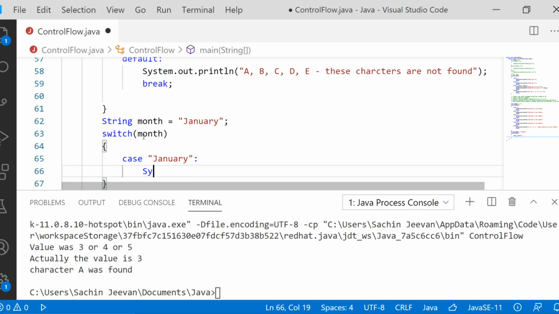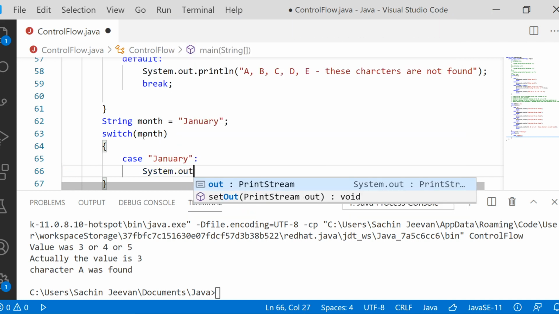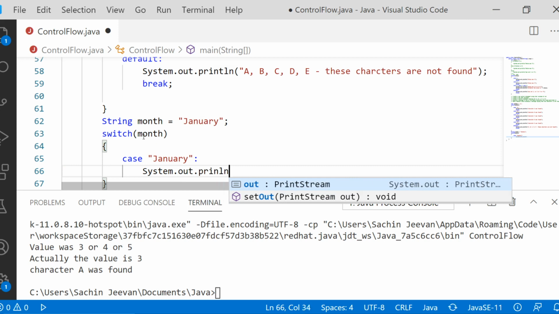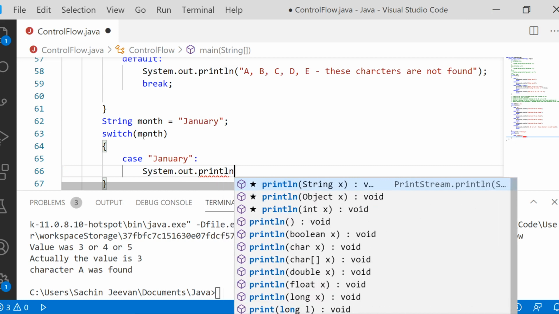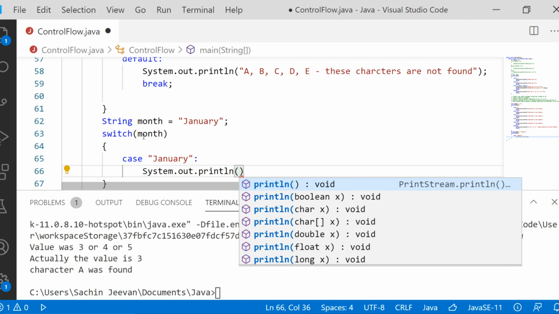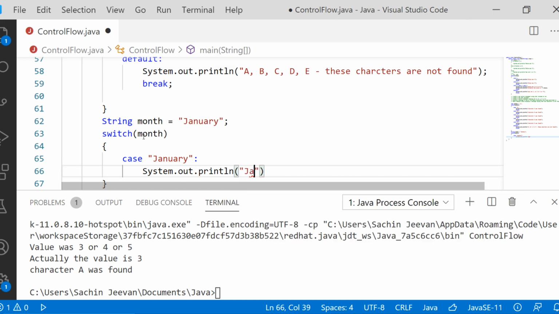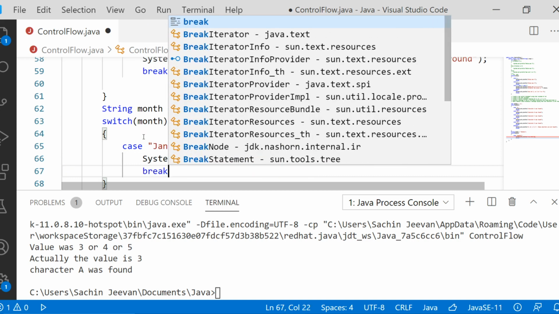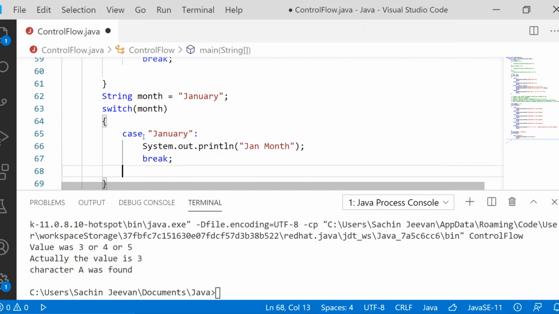If it is January, just print system.out.println, that it is actually Jan month. Fine. And then of course we require a break statement. Then we will go for the next case.